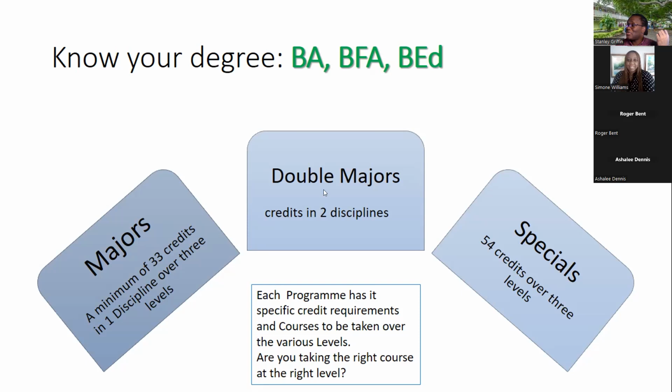We have had instances where persons in first year sign up for third year or third level courses, and in the middle of the semester, they realize, hey, this is the wrong level, and they start to fail out, and it's one series of bad events simply because somehow we did not recognize that the courses you're taking are not at the right level. So we're going to be talking about that, but the first thing you need to figure out is what type of program you're doing, what is the name of your degree, and what are the credit requirements